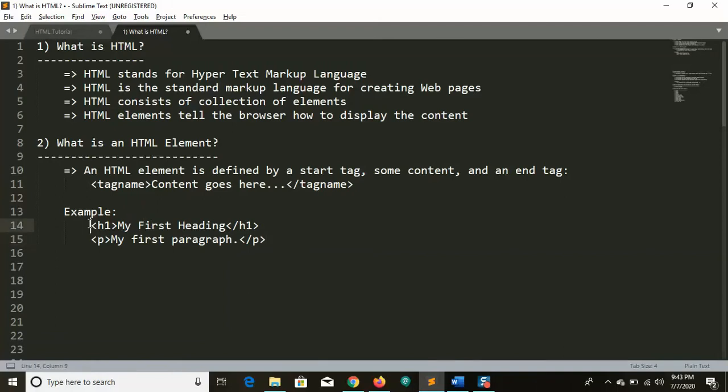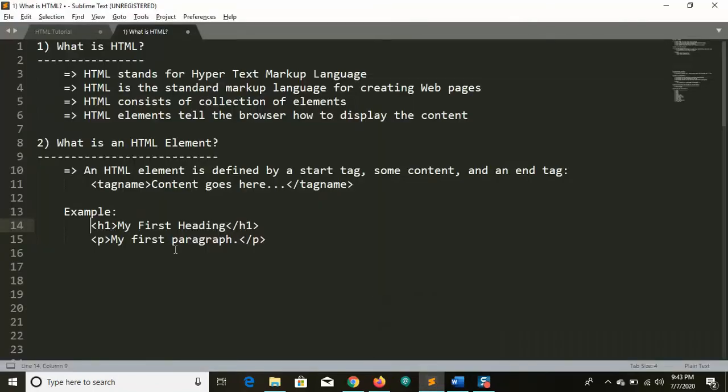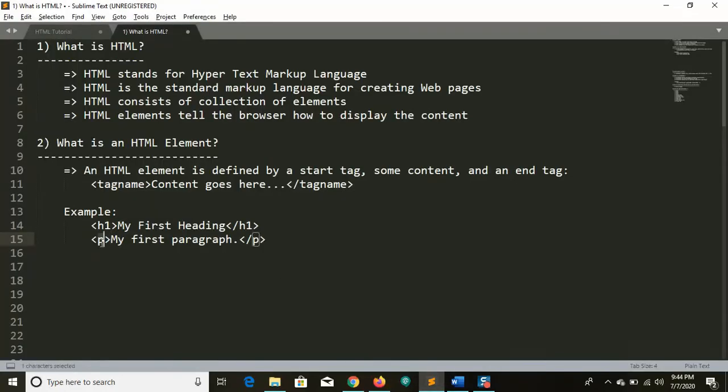As an example, I need some heading, like this. I need HTML tutorial as a heading. Then we can go with the heading tags. There are totally H1 to H6 tags available, so based on our requirement, we can choose the heading tags. And coming to the paragraph, you can see below as a para, right? Same way, we have a tag called P, P for paragraph. By using this, we can put our content into this.